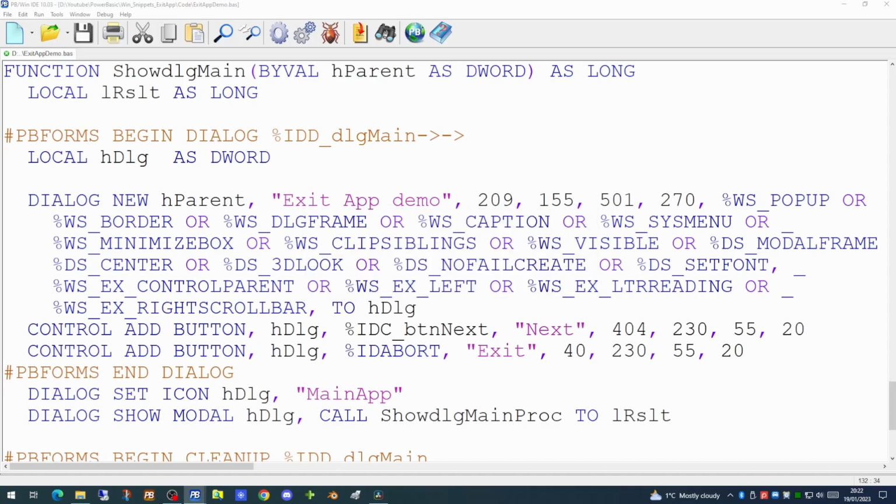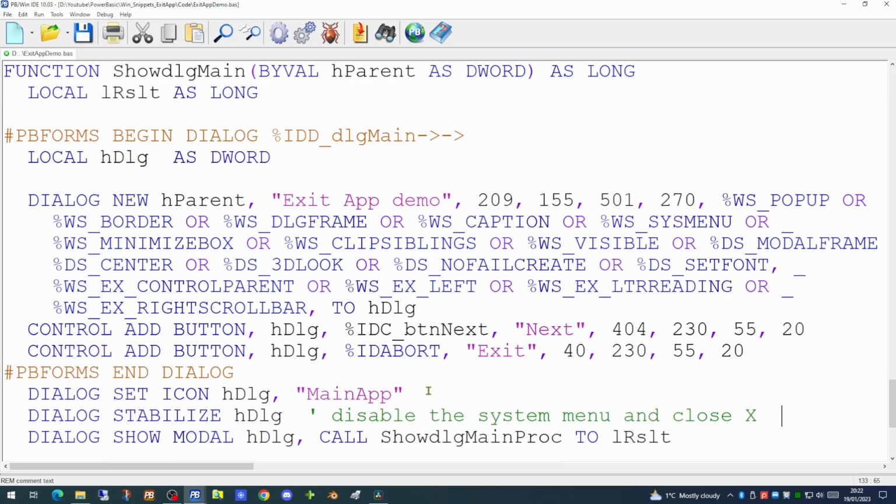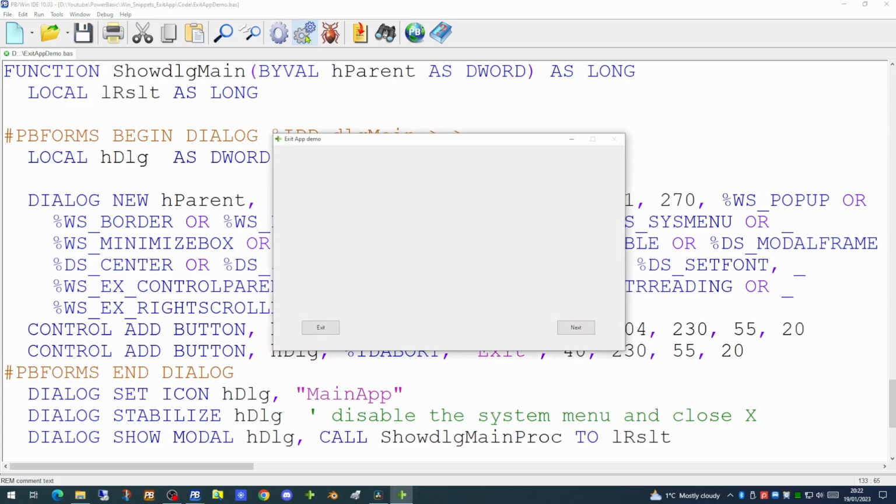If you don't want the user clicking on either the system menu, which we've just used, or the X widget at the top of the screen, there is one command you can actually add to your application. This is the dialog stabilize command. Having added that to our code, if we run our code now, you will see that the X at the top right hand corner is now greyed out.